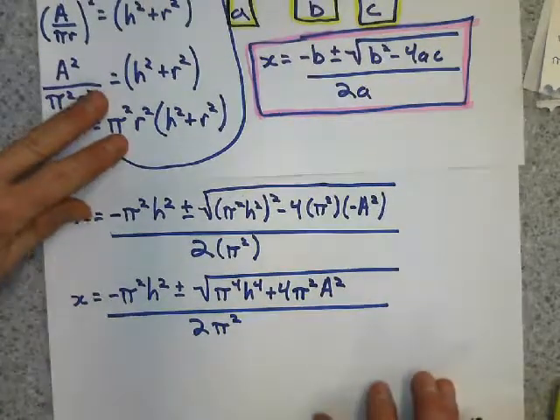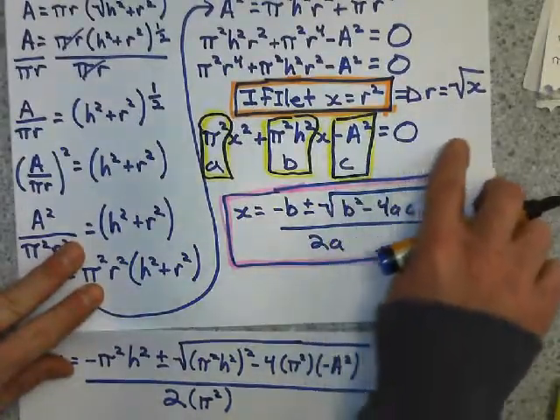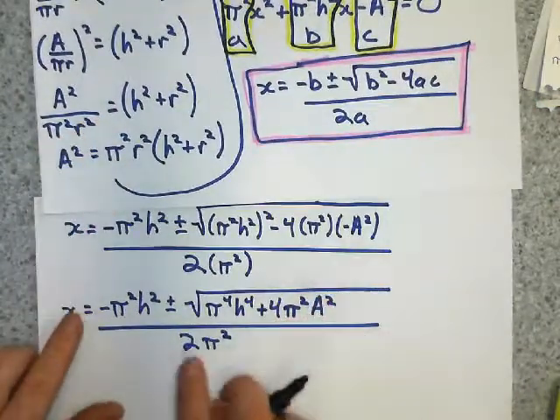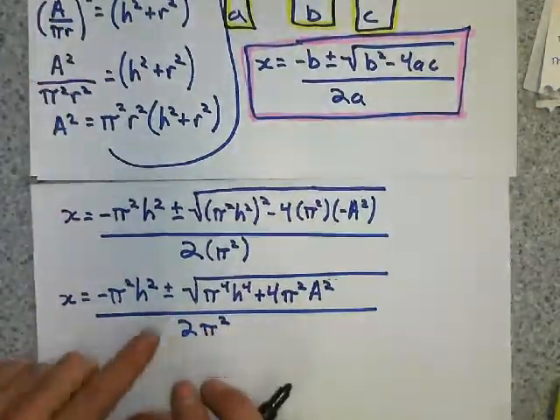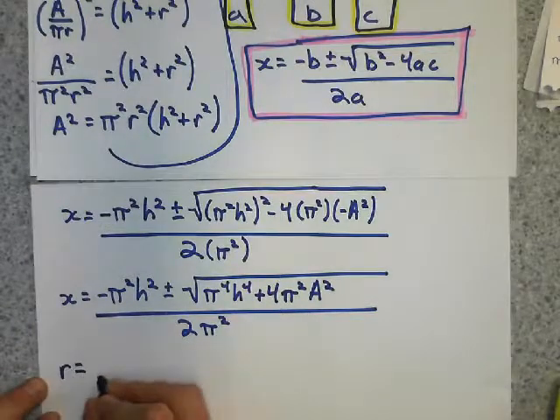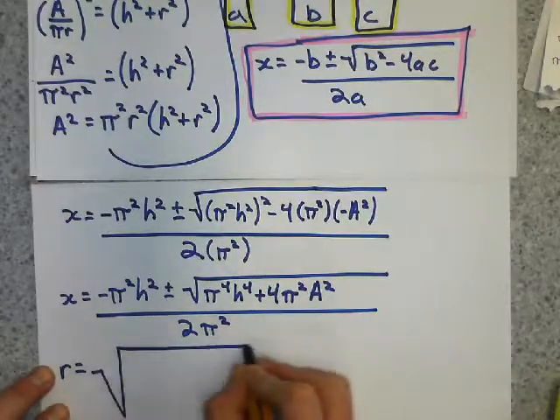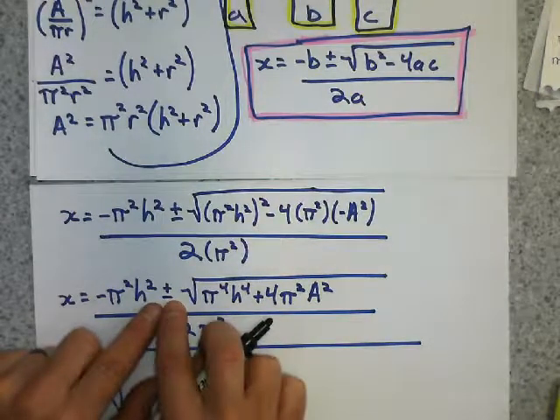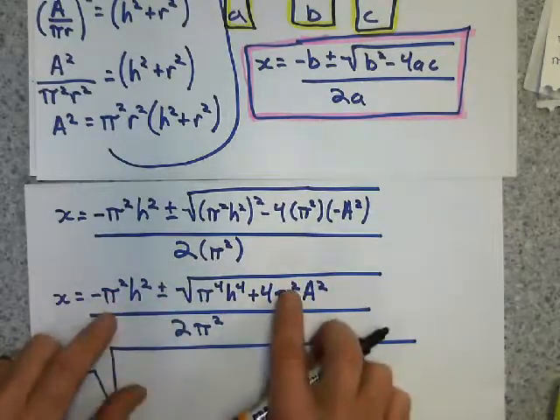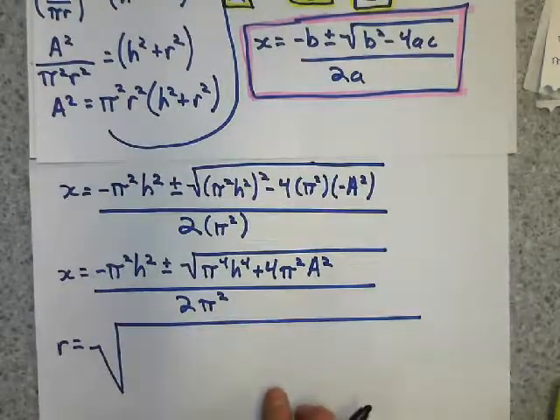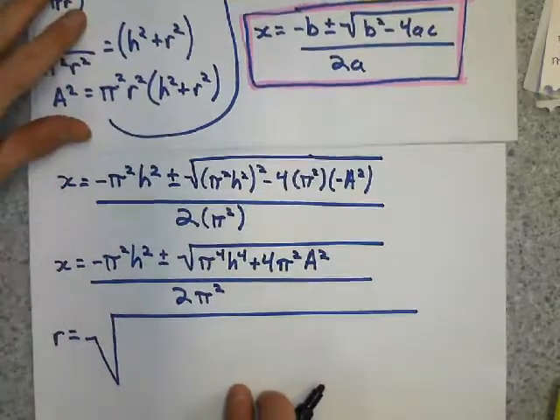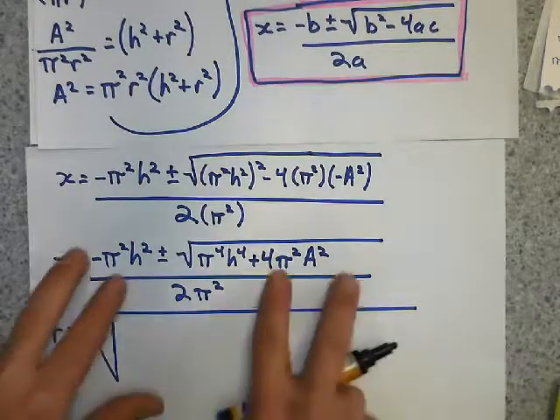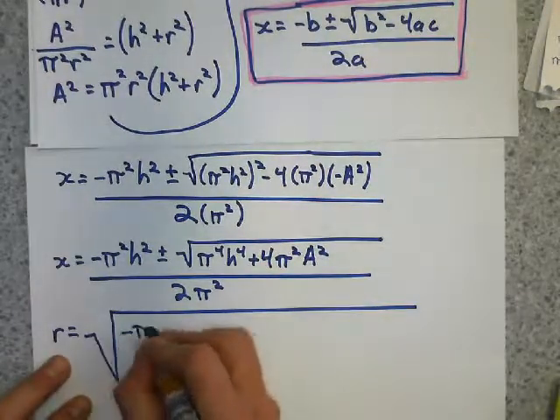We're almost there, because if this is x, the radius is going to be the square root of all this. However, I can't keep this a minus because I will get a negative for this top value. That's a whole other set of working, which, trust me, just take my word for it, we can't have a minus right there. So finally, the radius is going to be the square root of all this, which is